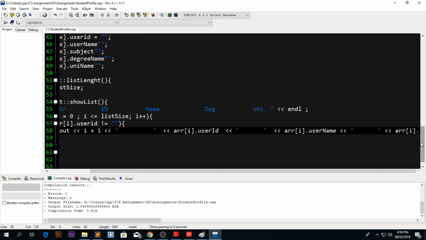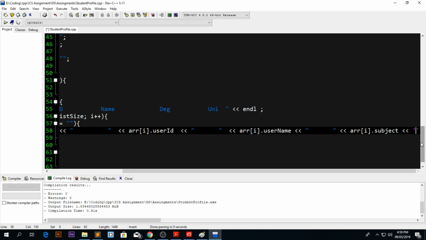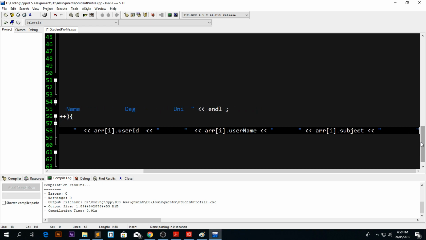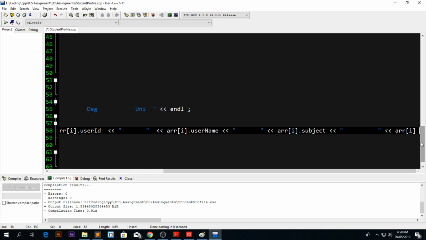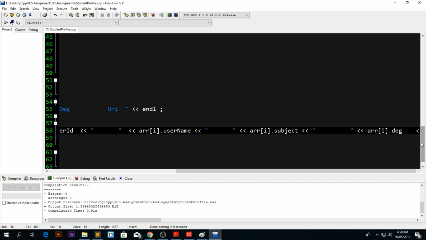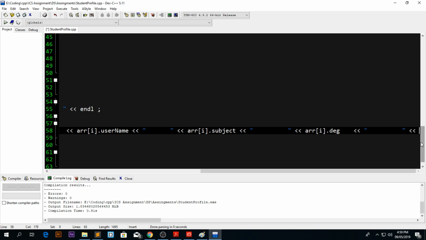I dot, what was that? After the username we have the subject. Alright, and after the subject we have array I, which is going to be dot degree, and we have something like, oh, spacing, yeah. Spacing is a lot more difficult when you're typing something. Alright. Then at index I we have the